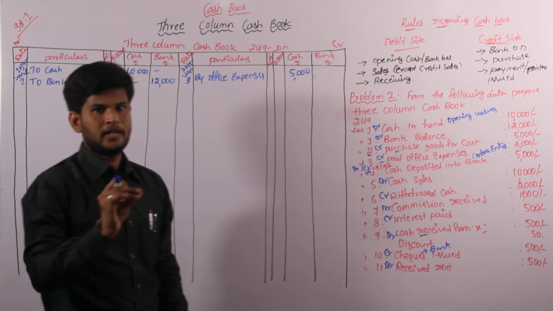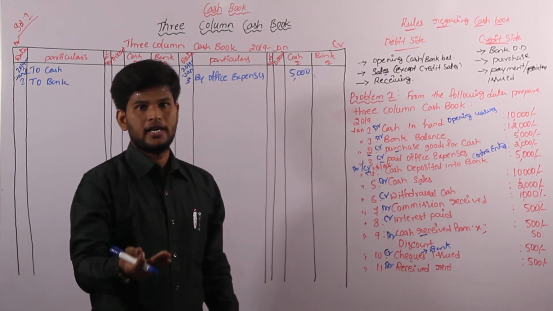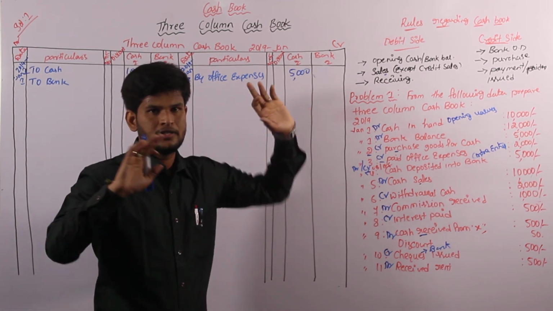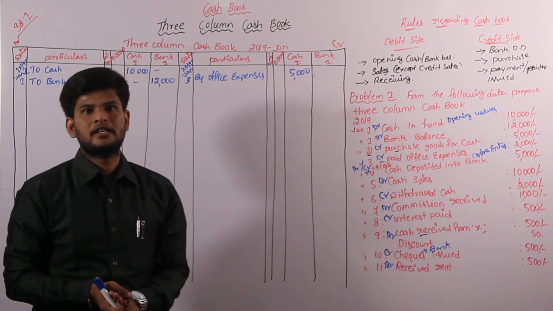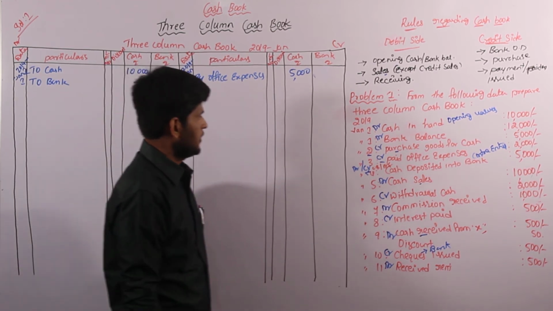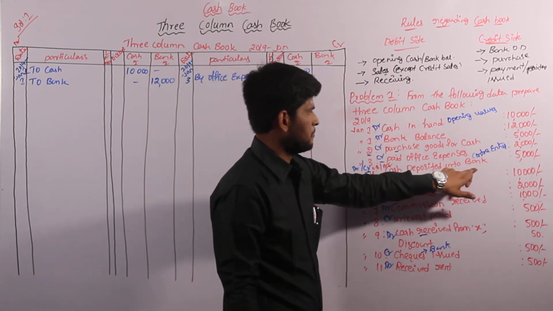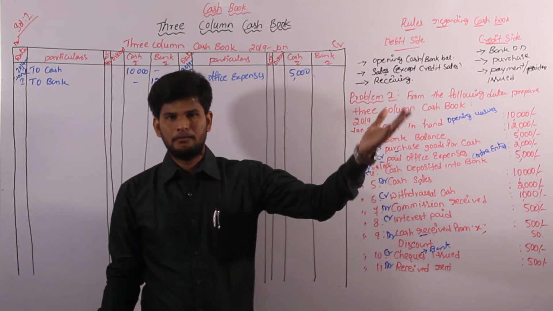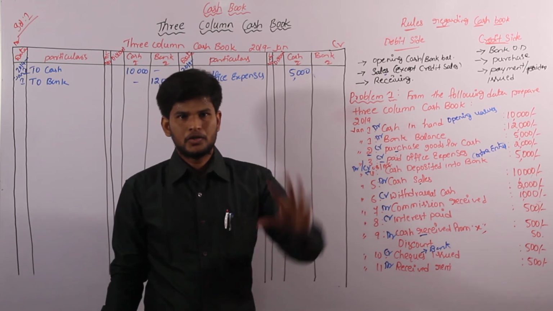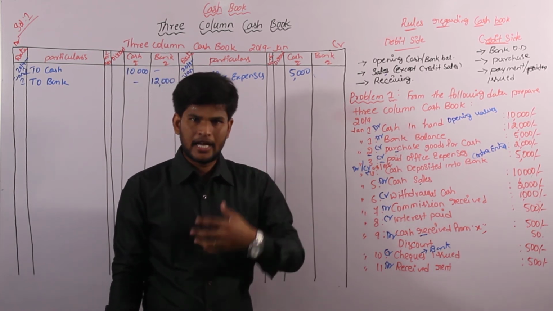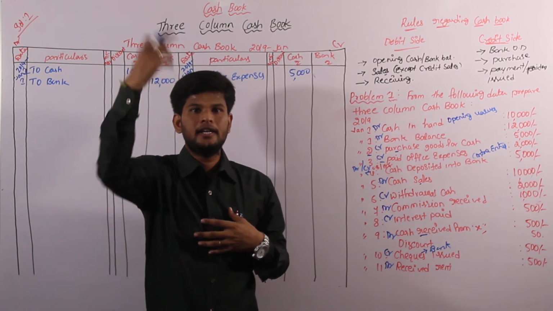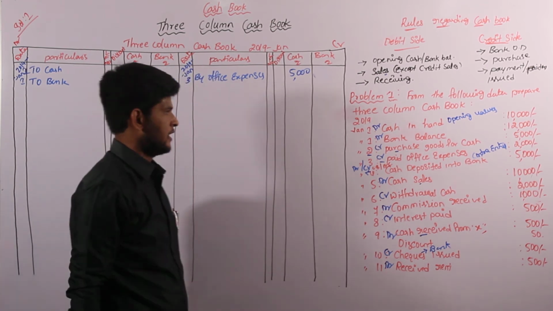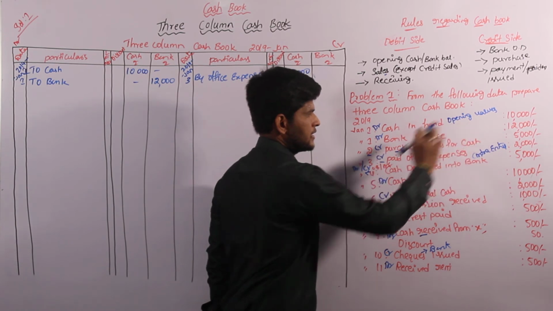If the transaction particularly has a payment through check, an issued check or bank value, we have to enter the transaction into the bank column. If there is nothing about the transaction, definitely we have to convert it into cash values, right? And next one, cash deposited into bank means we are paying cash into the bank. We have a passbook. In the bank, the banker has a cash book. So we enter the values in our cash book, and the banker also enters the same values in their cash book. So it is a two-sided transaction, and we have to enter it in our cash book also as a two-sided transaction. So cash deposited into bank is called a contra entry.